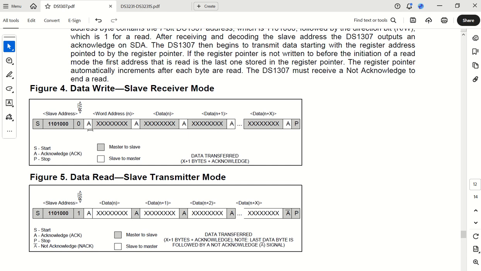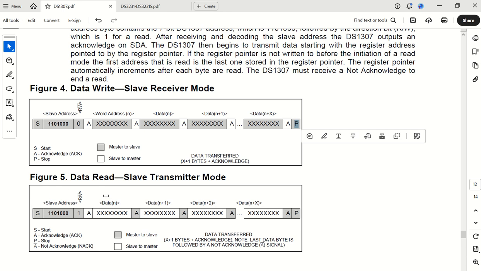And of course, as you can see here, this A means there's an acknowledge, but this is an acknowledge from the slave, and the master will write some data, the slave will acknowledge. Maybe some more data, the slave will acknowledge, until enough data was written to the device, and then the master will stop this with a P, which is a stop condition, of course, an I2C stop condition.